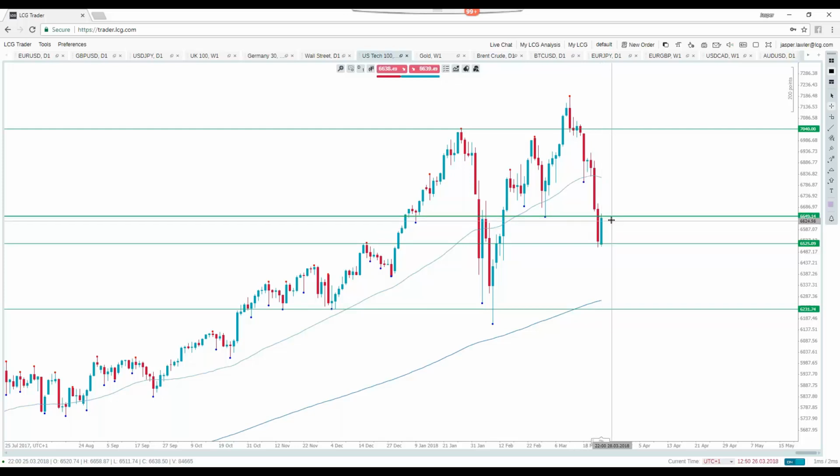If we roll over from there again, maybe looking at an actual retest of this 200-day moving average. That wouldn't be my default scenario, and I think if we get a close above here, that would be fairly bullish. I think probably things have got a little bit oversold in Facebook. Definitely facing a bit of a longer term issue in terms of how it treats its customer data, but do we really think people are going to leave Facebook en masse, or do we think the advertisers are going to stop advertising? Probably not. So maybe this is all a bit overdone.